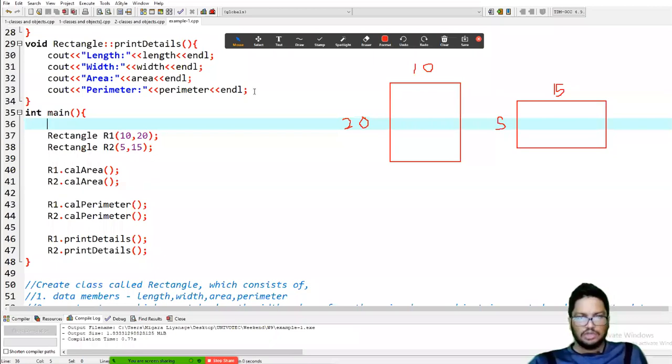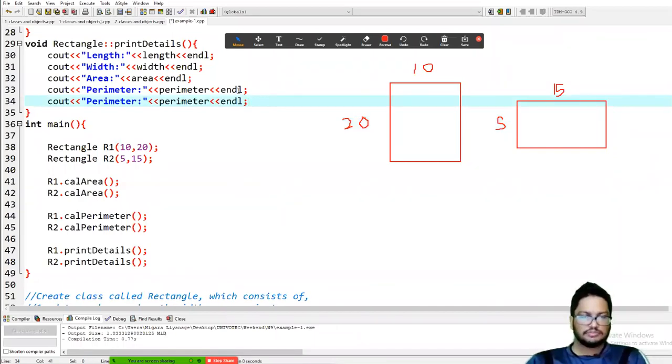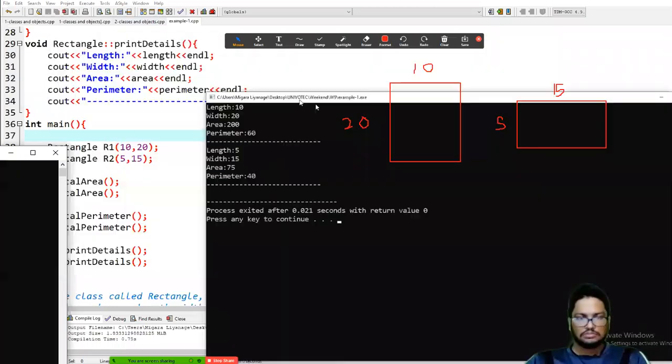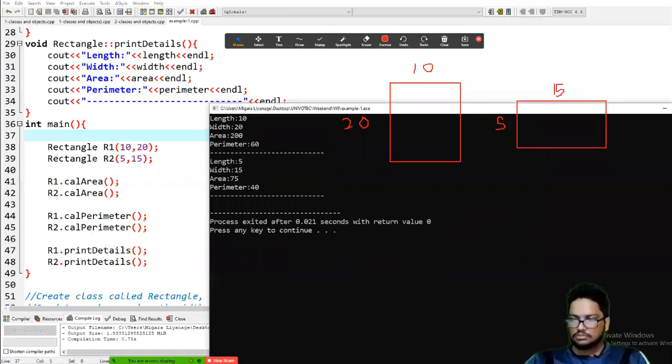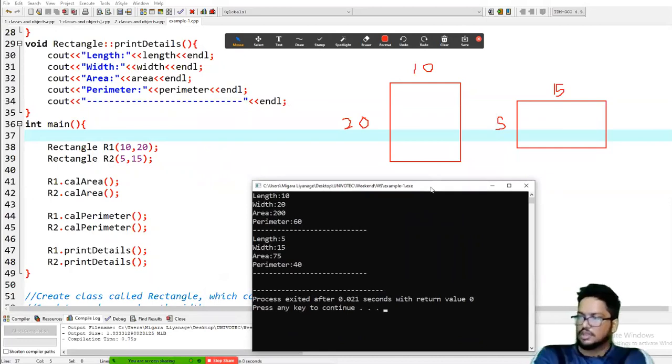So let me have a kind of a separator here. Right.